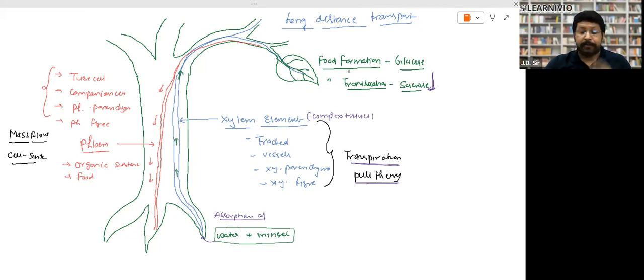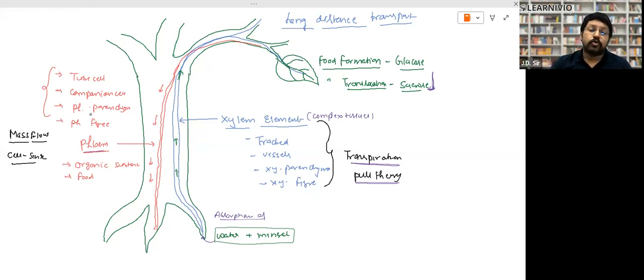One very important thing: food is formed in the leaves, right, by the process of photosynthesis. This food is transported to the root with the help of a tissue called phloem. Phloem transports organic substances and food, right? And phloem is also a type of compound tissue, meaning it is also made up of more than one kind of cell. So phloem is made up of four kinds of cells: sieve tube cell, companion cell, phloem parenchyma, and phloem fiber,